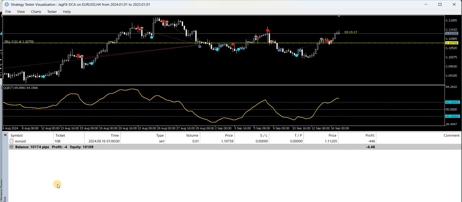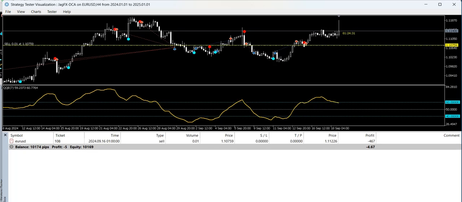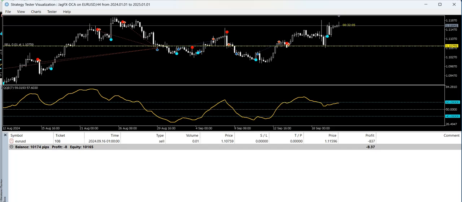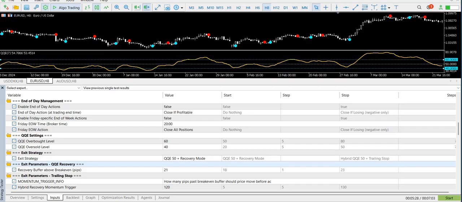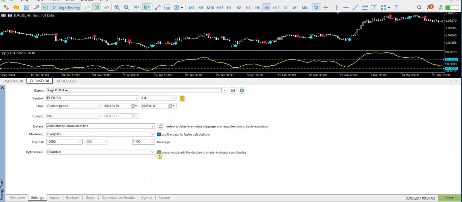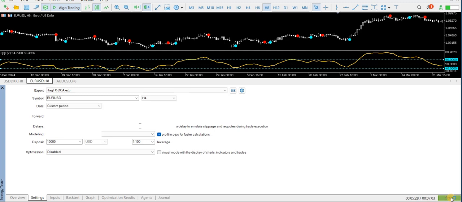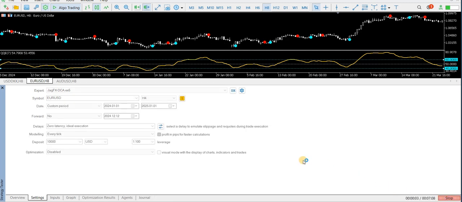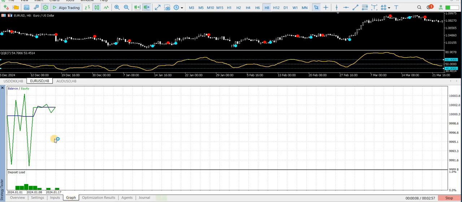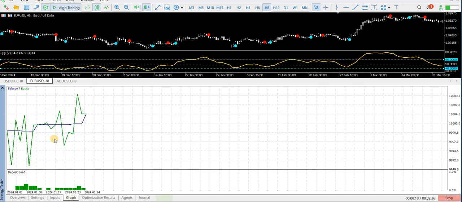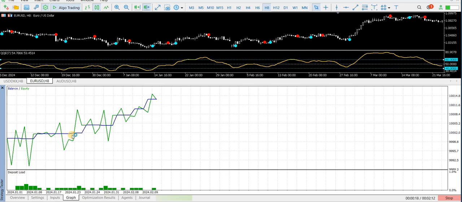So what I'll do is I'll pause it and go and change the settings, or I'll run a test without the strategy tester just to show what it's doing. So I'll pause the video in a sec. All right, what I'll do is run the same test without it being in visual mode. So I'll take it out of visual mode and just run the same test. So basically what you saw before, except without seeing the actual chart, and this will give you an idea of it in action. Just watch this. I know it's going to drag on a bit, this video, but it just gives you an idea of what it's doing with regards to